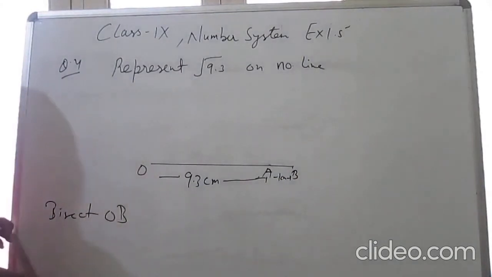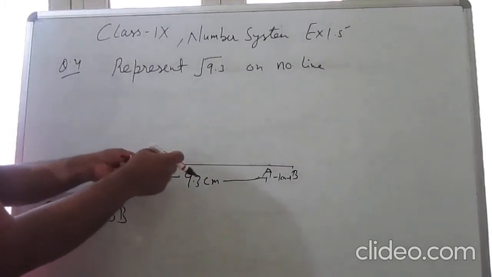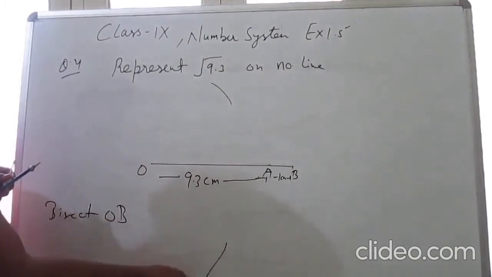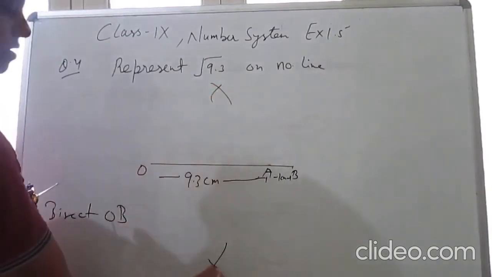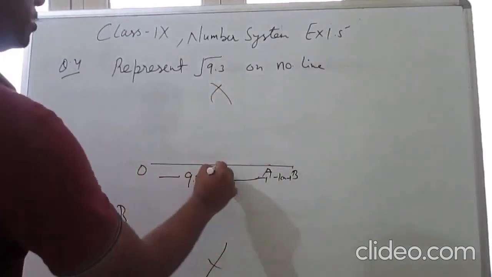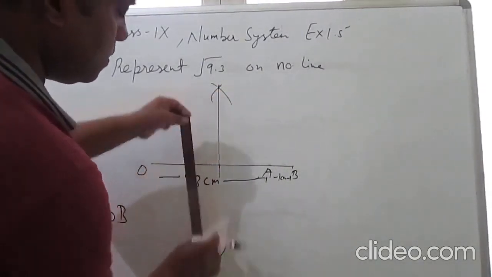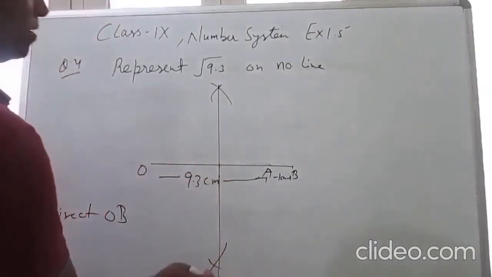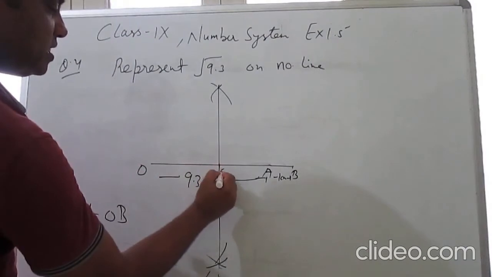Take a compass, and suppose it is a compass, I will show you. Take a compass, bisect the line with more than half of this radius, make one arc up and one arc down. Similarly at point P, make one arc up and one arc down. Now this will bisect the line. Join these two intersecting points. In this way you bisect the line.